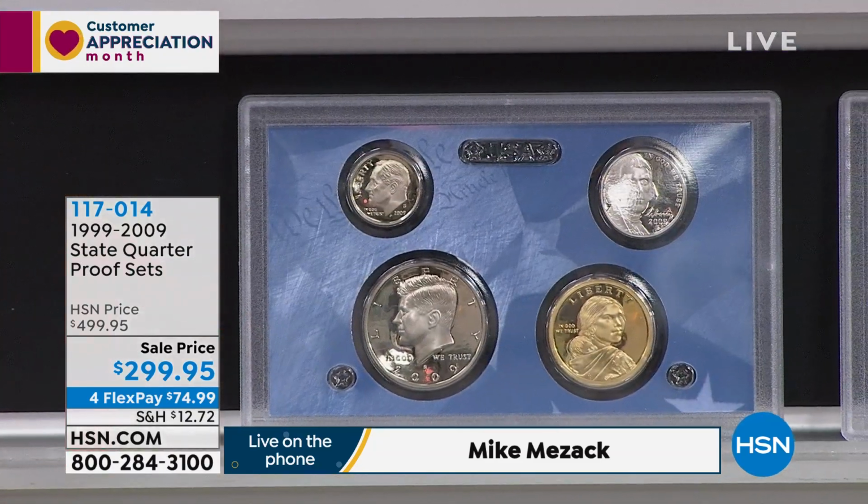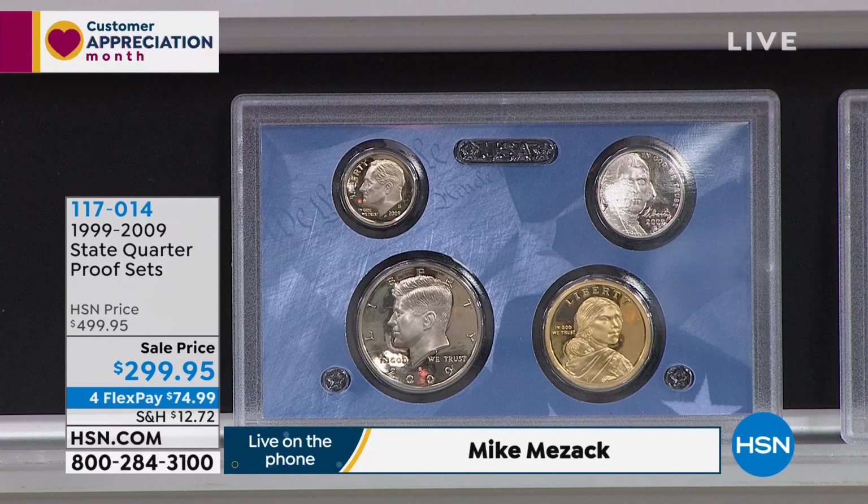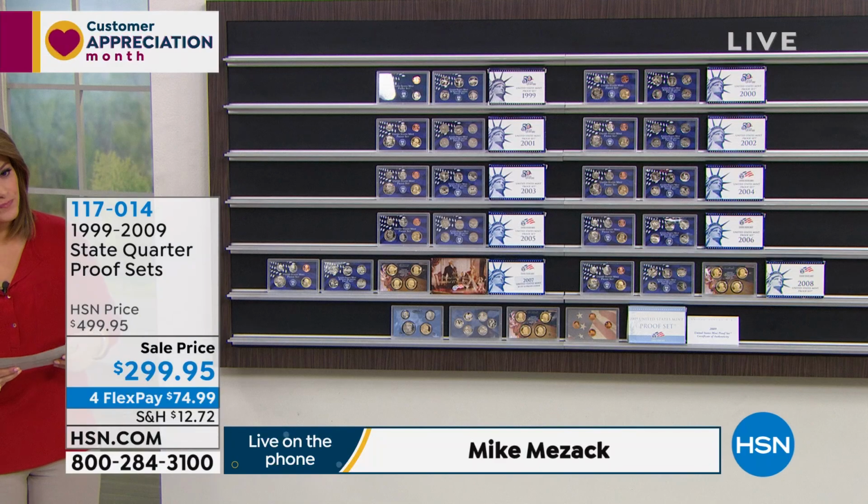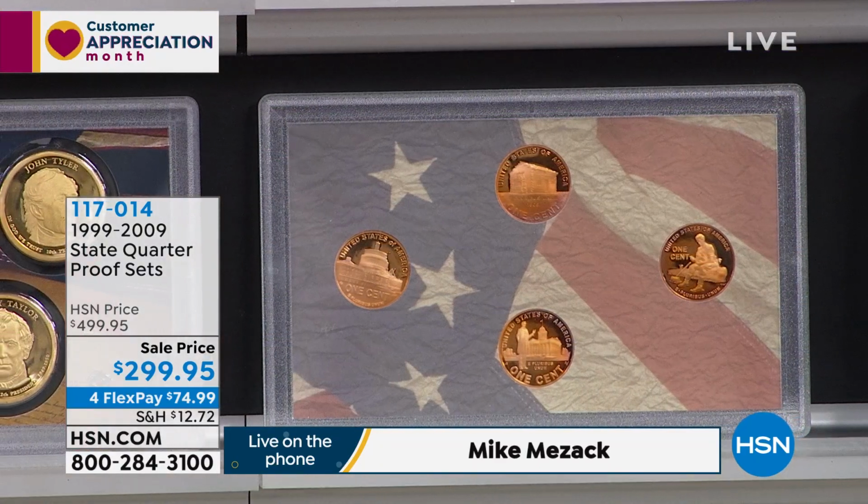Now we're $299. So if you look at that 2009 set, if we start over on the penny side, see where the 4 pennies are? All 4 of those lenses are the last. That's the entire set. That's just 2009. Now remember, at $29.95 for 11 sets, you're paying about $25. But at 2009, those pennies down there on the end are $13.95 a piece. Those are $13.99. Remember, you're paying $25 for all 4 of those lenses. That alone is